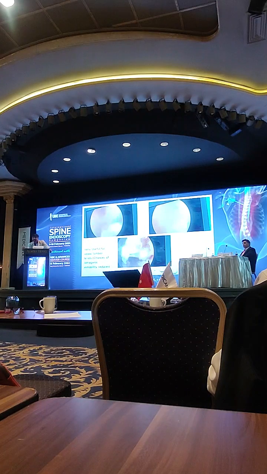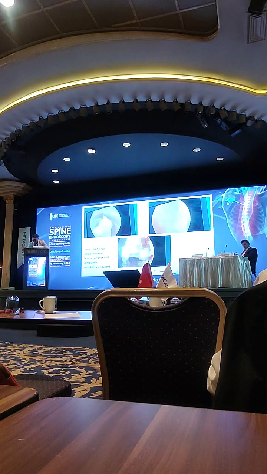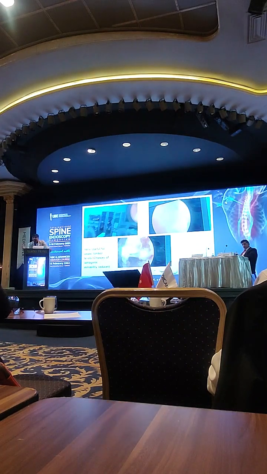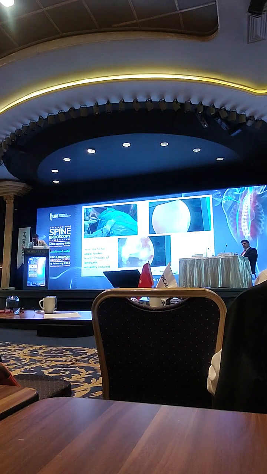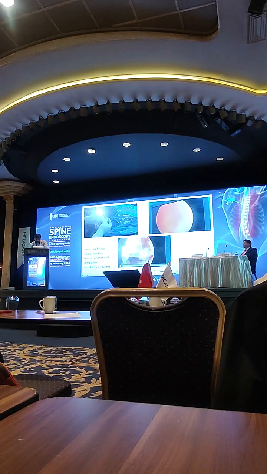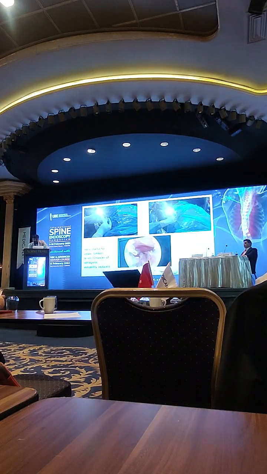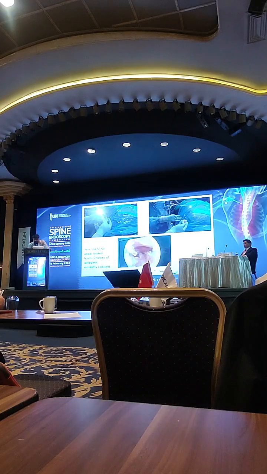In transforaminal decompression, you go inside the disc. Because this is a virgin area, since the previous surgery was interlaminar, it is very easy to remove the disc herniation. But because of the previous surgery, there must be some epidural fibrosis, so carefully dissect the lower edge of the vertebra and the epidural, dural thecal sac or PLL, whatever you call it, and it is very easy to remove the disc here. You can see the nicely pulsating thecal sac here. We removed 2 big fragments.